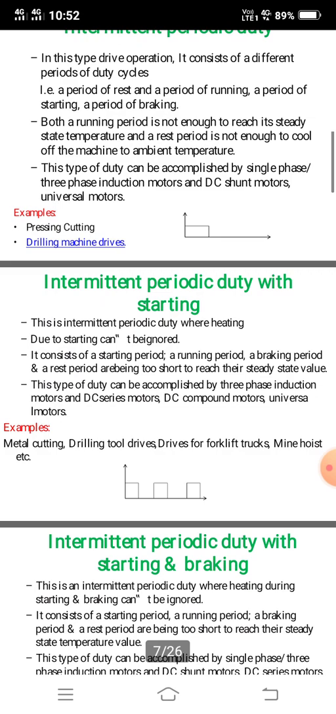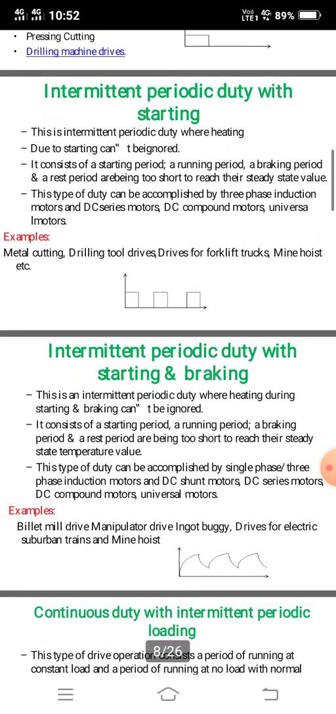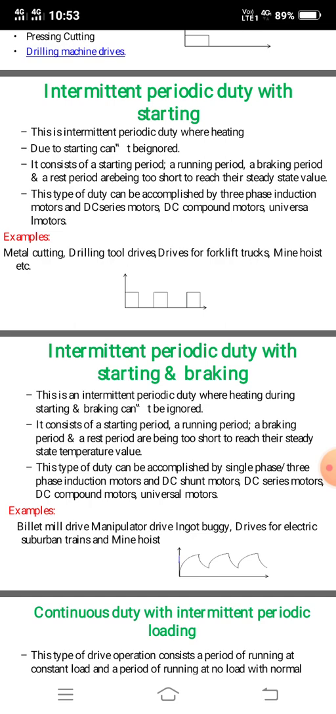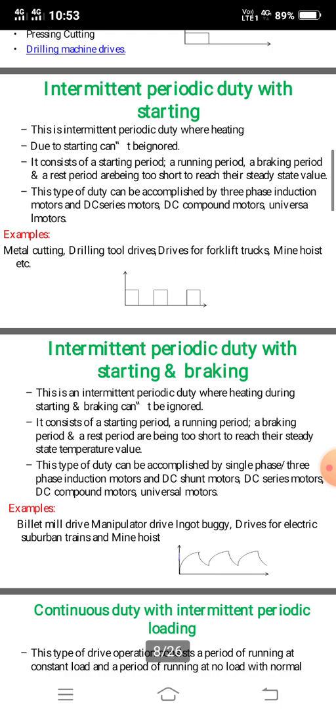Next one is intermittent periodic duty with starting and braking. Each and every motor has a starting point and a braking or ending point. If we start the motor, the motor starts its work. Meanwhile, when we need to stop that motor, the motor has to produce an opposite torque to its work. That is called braking. So those two categories, starting and braking, are adopted in this intermittent periodic duty with starting and braking. Example,